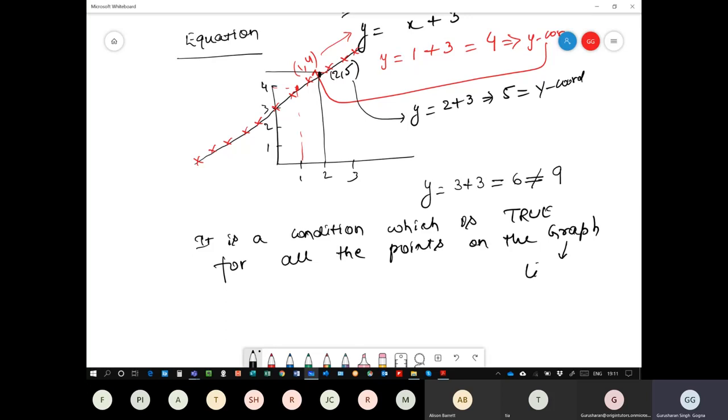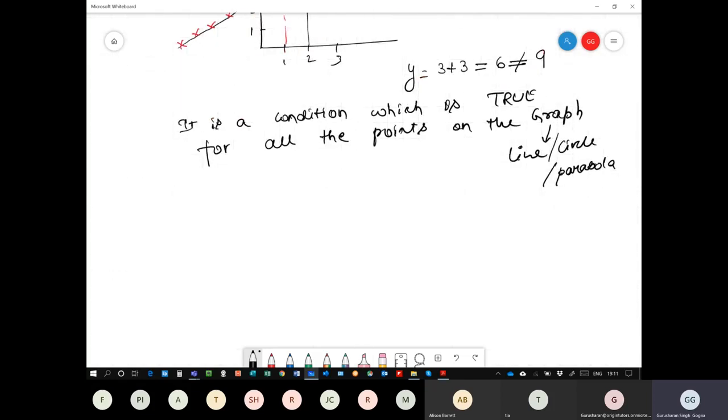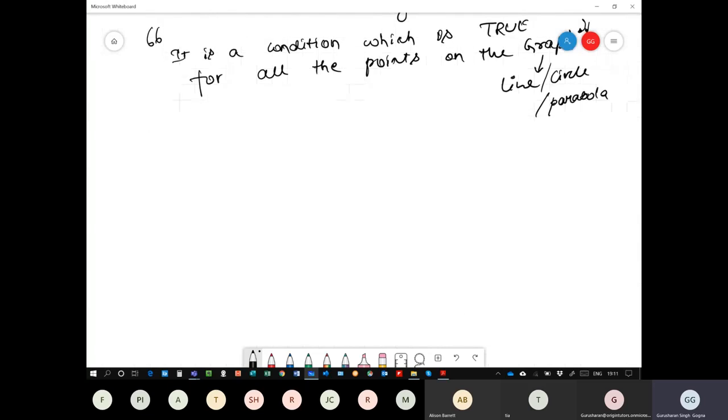Graph means it can be whatever equation you're talking about: a line, a circle, or a quadratic equation which represents a parabola. Okay, so this definition is very important, this concept, and you will see later on a lot of questions are based on this simple concept, and unfortunately a lot of students do not apply it when they are doing exam questions. So if you understand the definition of equation,